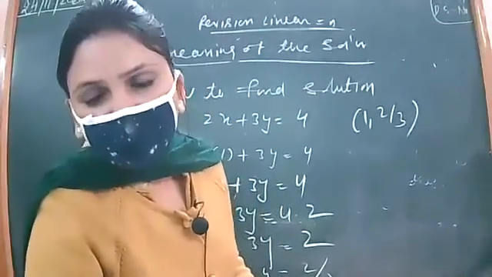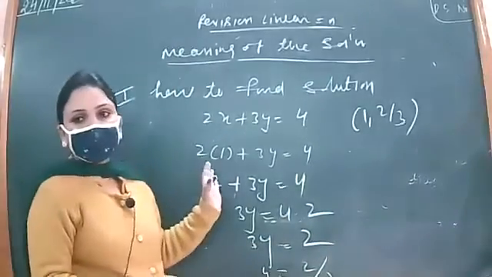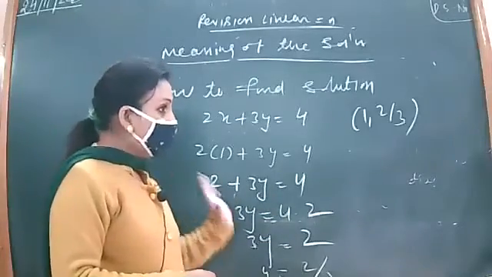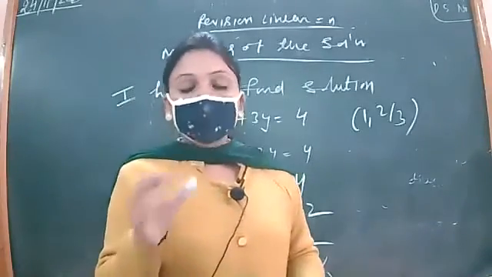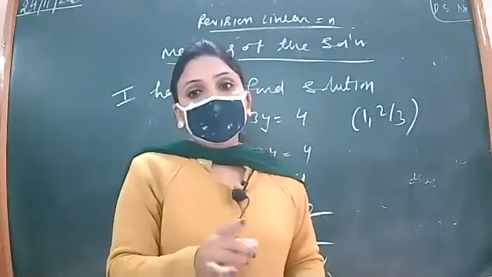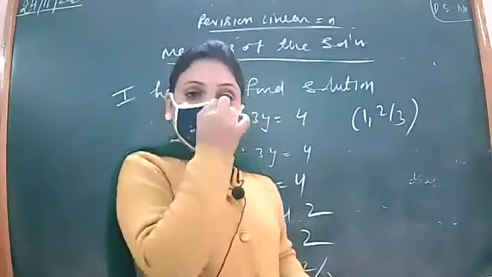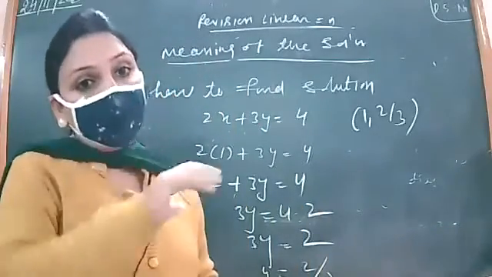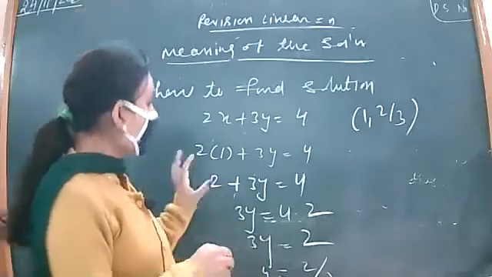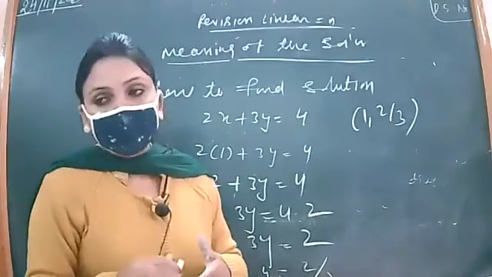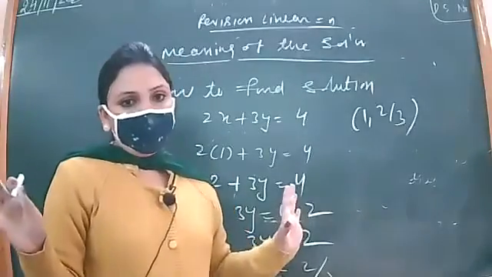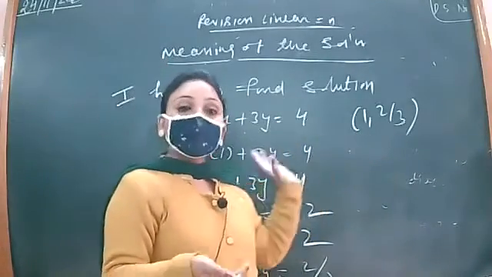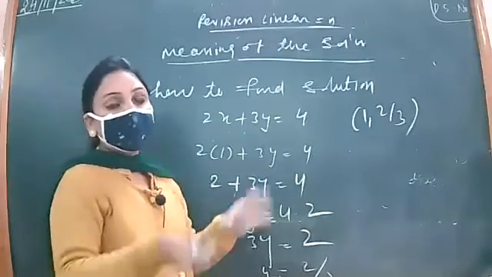First solution we are getting is 1 comma 2 by 3, right? There are also other solutions. If I put x equal to 2, I will get the solution accordingly. x equal to 5, then accordingly, and so on. It means when we did it for one variable, the answer came out to be unique. Remember, we did it in 8th, and we get the unique answer. All of us are getting the same answer, right? But in such a question where there are two variables, you will not get a unique answer. That means it varies. If someone takes x to be 1, he will get y to be 2 by 3. If others take x to be 2, they get a different value of y.